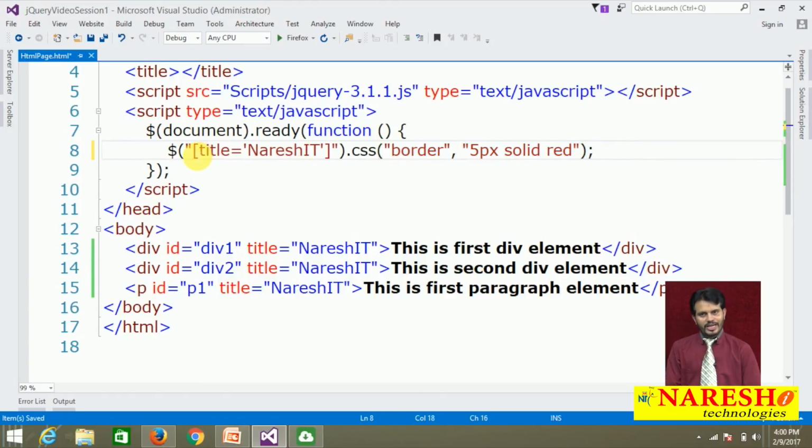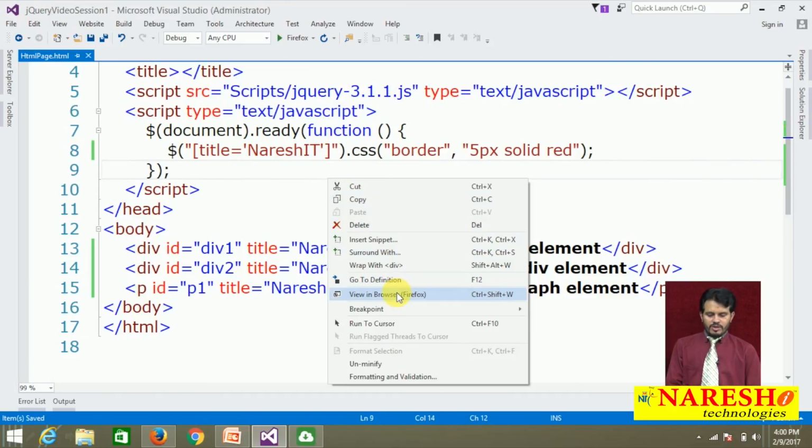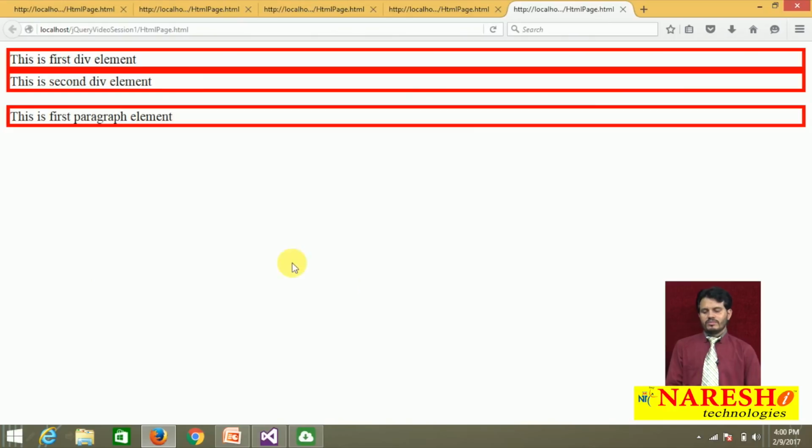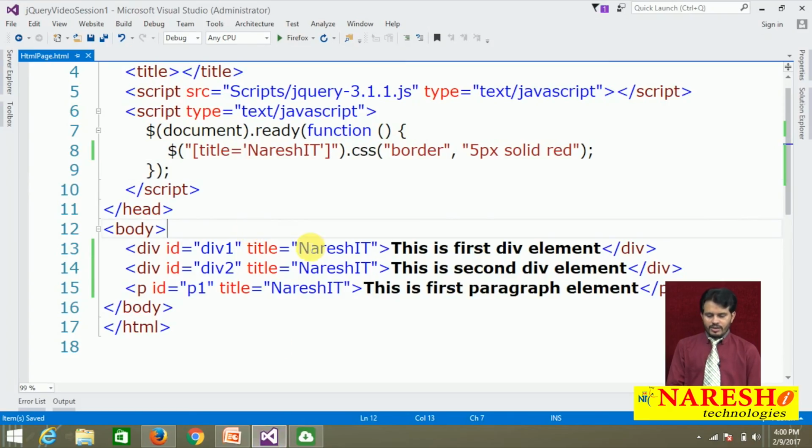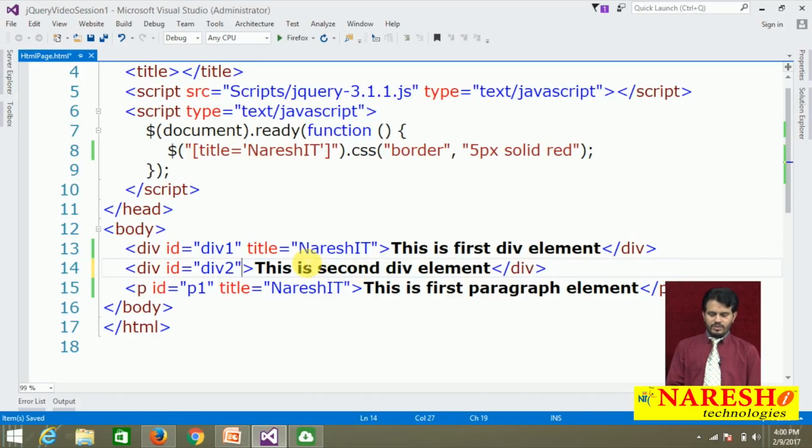Here we did not mention which element, so it means all elements. If you do not specify any element, div or p, with the selector, by default it assumes all elements, but those elements should have an attribute title with the value Naresh IT. I save that. It means all three elements must get the border. So you can observe the first two div elements getting a border and after that one paragraph also getting the border. This is what is selected. Here if I just remove the title for the second div,